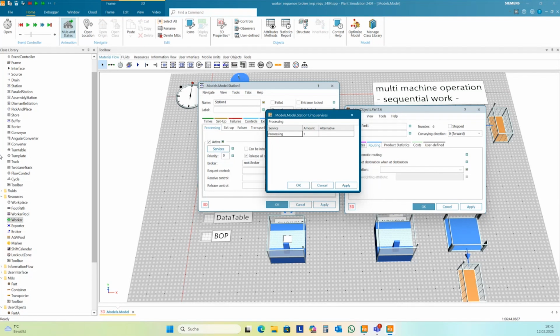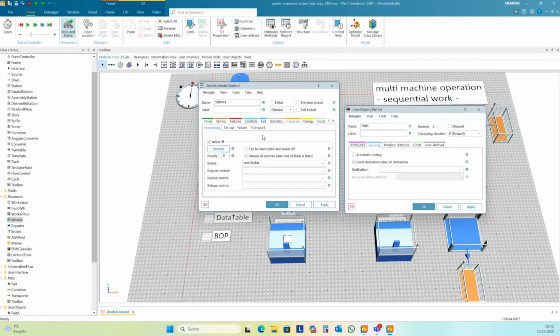But another way could be the worker accompanying, I don't know how to pronounce it right. This would be to switch off the automatic mediation of the worker and mediate the worker if you need them, the special worker, and you can do this here with the request control. But you find this video in our video collection already.